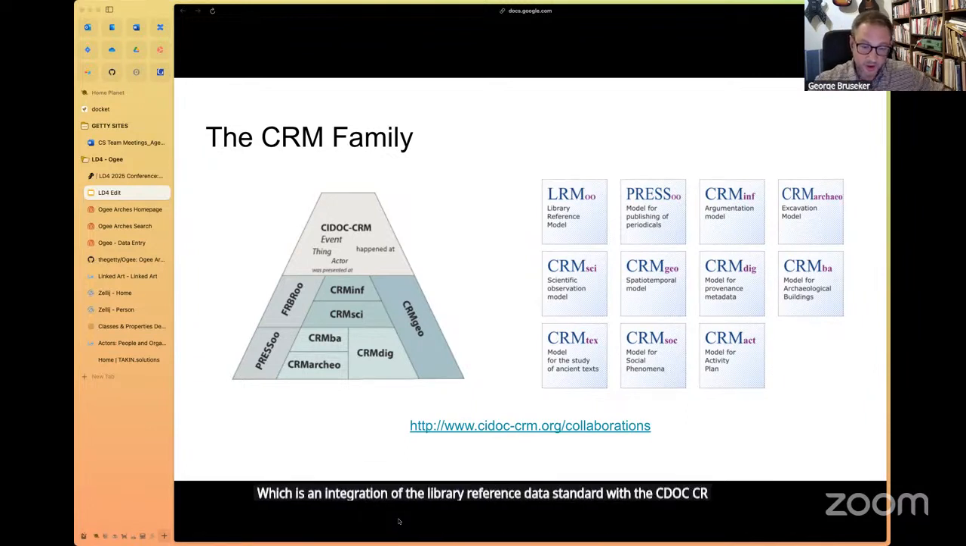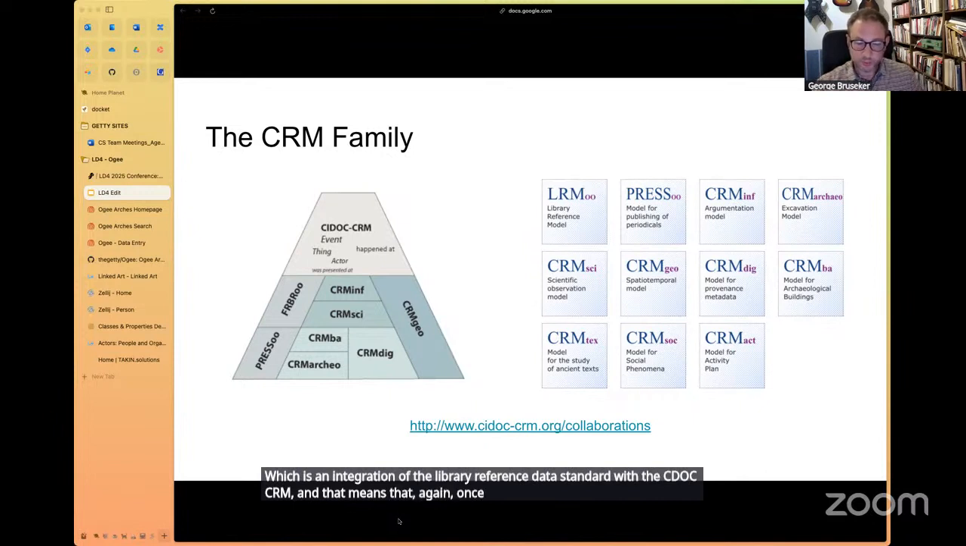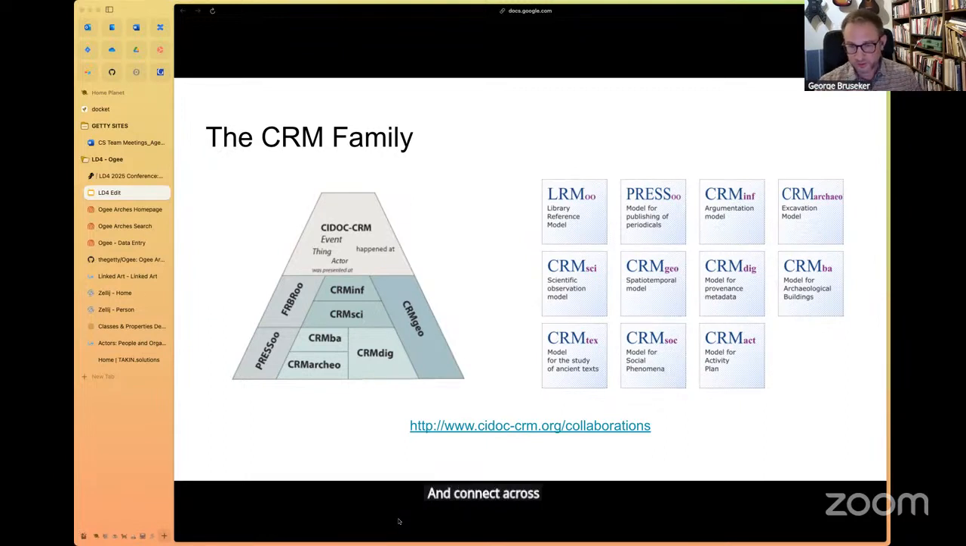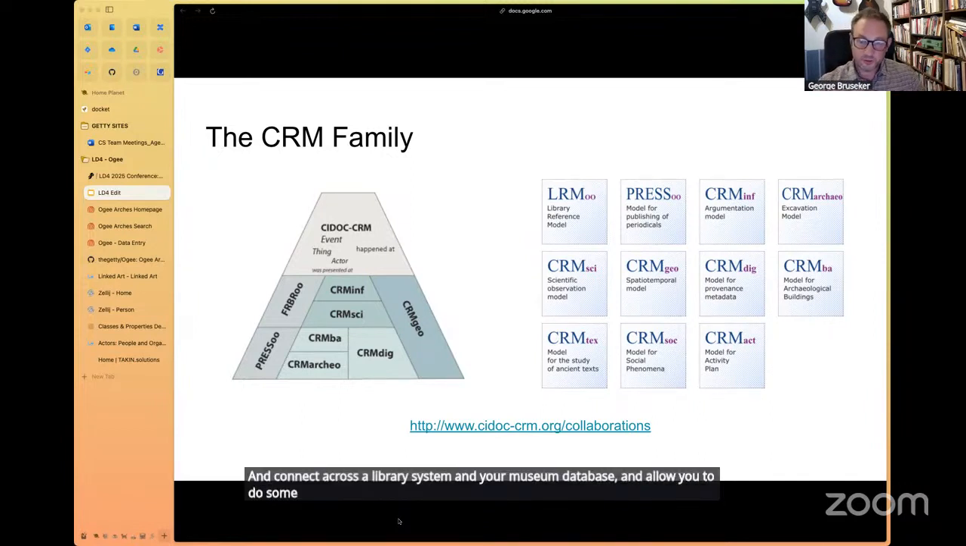And that means that, again, once you apply this ontology well and consistently, you can create networks of information that do actually go over the data silos and connect across a library system and your museum database and allow you to do some interesting search across these different domains. And there's also examples for archaeology, digital provenance,